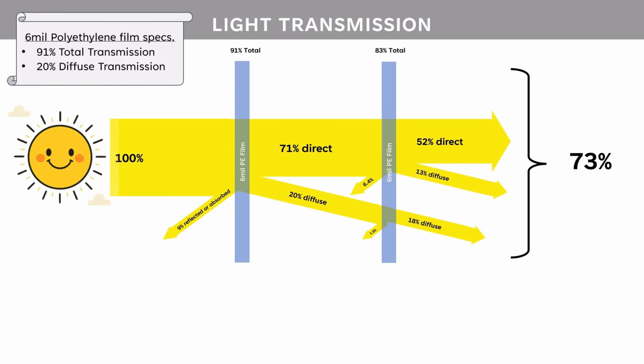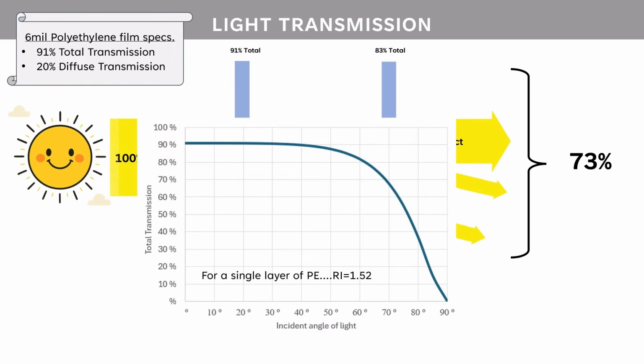So how much does changing the sun's angle decrease it? Let's calculate that quick, assuming a single layer and we know the refractive index. I don't want to do the math for 2 layers, so we're just going to look at one. Oh shoot, past 50 degrees it drops off really fast. Well, that explains why film transmission matters a lot.